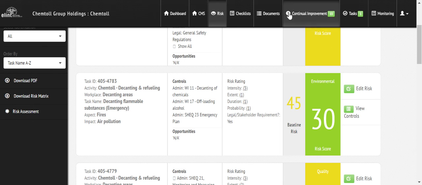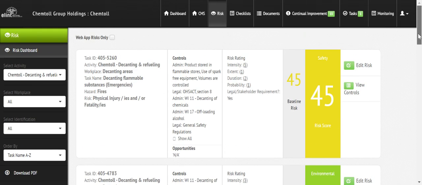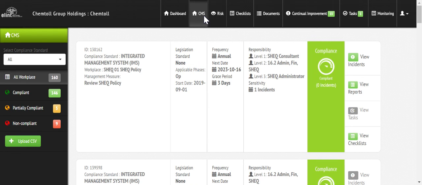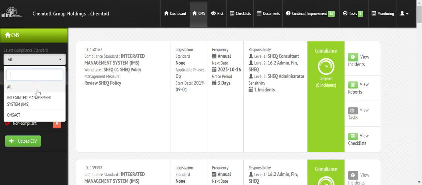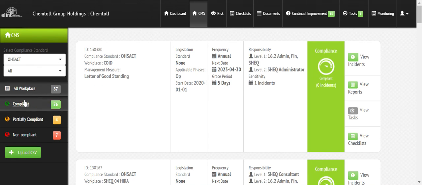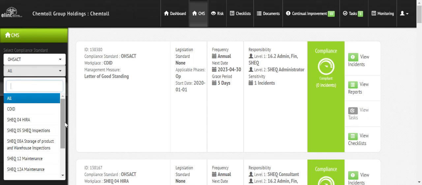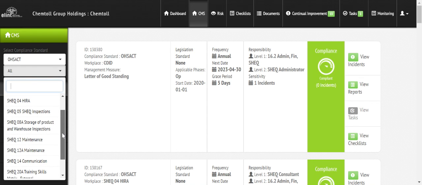And that's how we use the risk assessment to create the base of your compliance management system, or your integrated management system, if I can put it that way. Then there might be aspects which are not listed in your risk assessment. So say, for instance, you are compliant to the Occupational Health and Safety Act, and you need to do a check